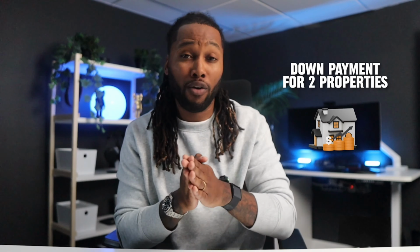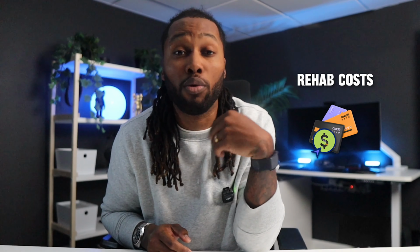And this is what the numbers look like. We were able to pay back all of the funds needed for the down payment on both of the properties. We were also able to pay off that 0% credit card that was accrued when we rehabbed the property. But that's not even the craziest part. The craziest part is, yes, we paid off all of that debt, but now that one property that we have is actually sitting on